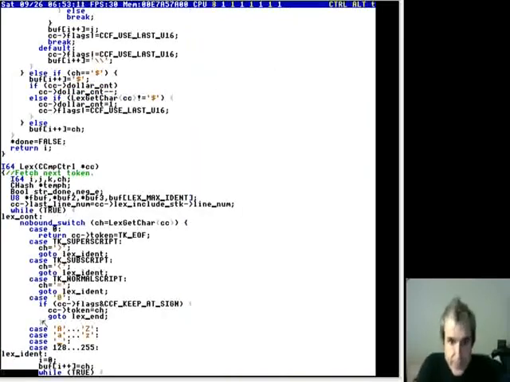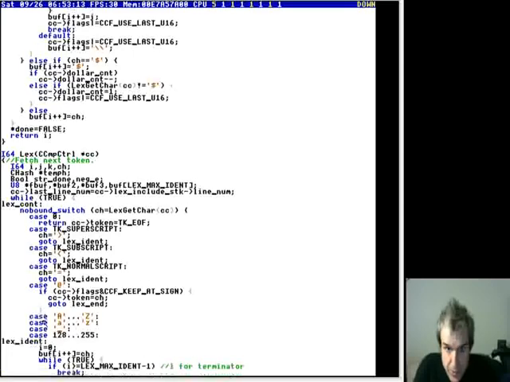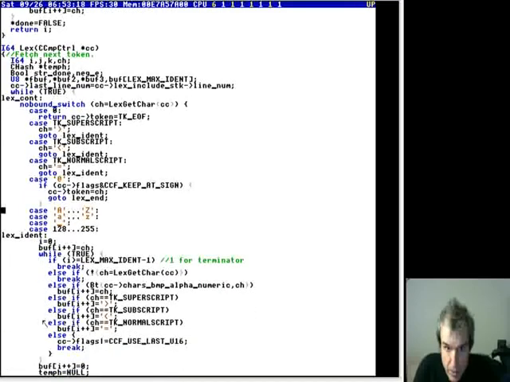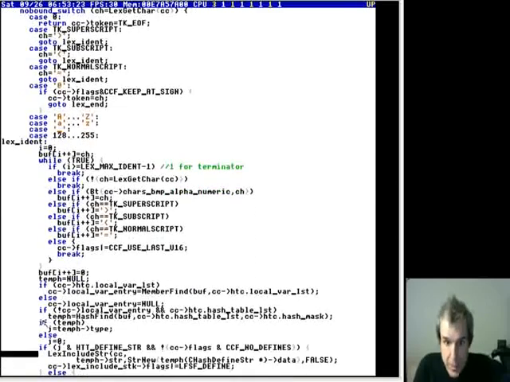So the lexical analyzer combines together identifiers like I64, and what it does is it looks up in the hash table inside the lexical analyzer. Every time it has an identifier, it looks for the hash table entry, the symbol table entry. So the next stage doesn't have to search for the symbol. The lexical analyzer looks in the hash table and sets